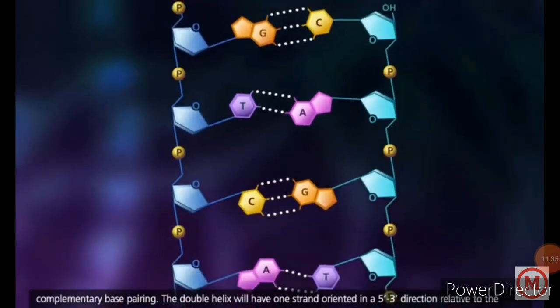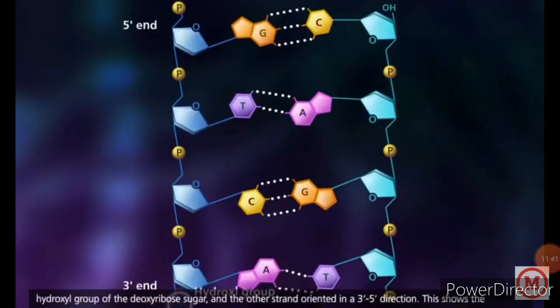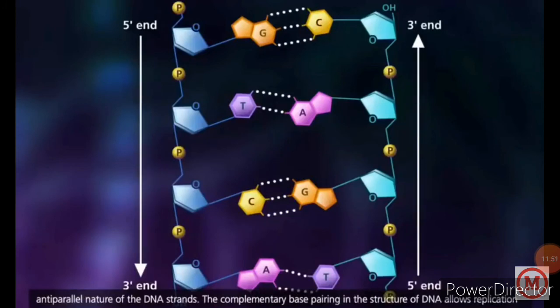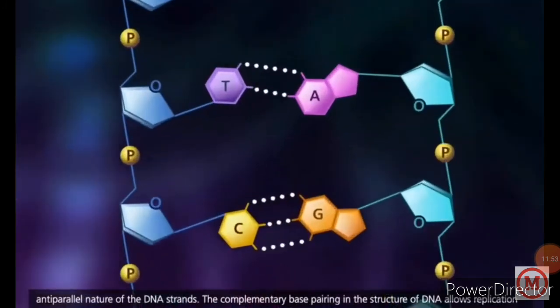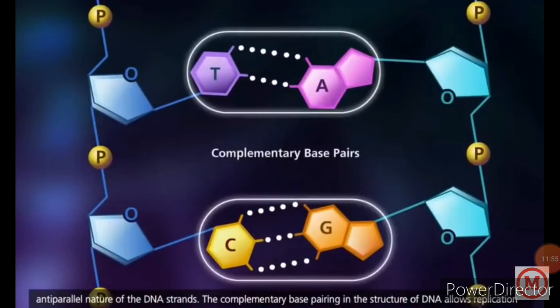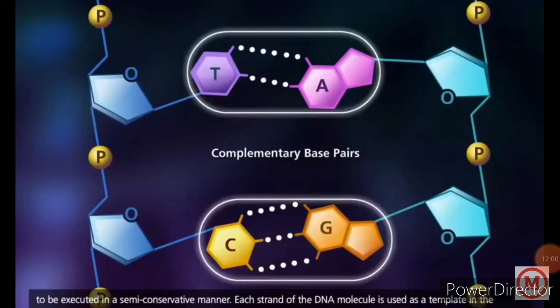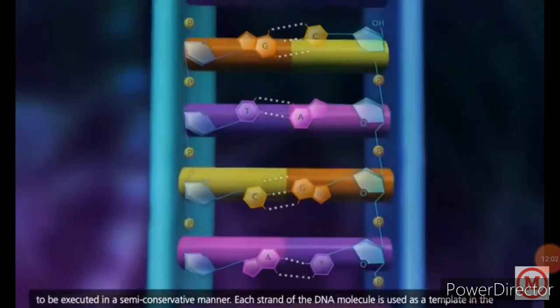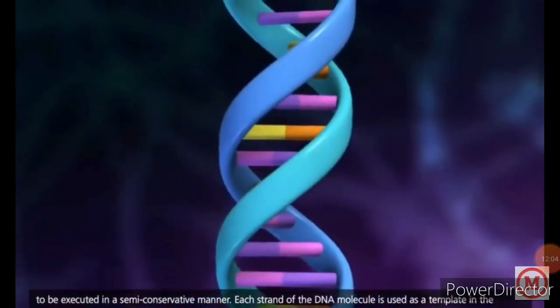The double helix will have one strand oriented in 5' to 3' direction at the hydroxyl group of the deoxyribose sugar, and the other strand oriented in 3' to 5' direction. This shows the anti-parallel nature of the DNA strands. The complementary base pairing in the structure of DNA allows replication to be executed in a semi-conservative manner. Each strand of the DNA molecule is used as a template that creates